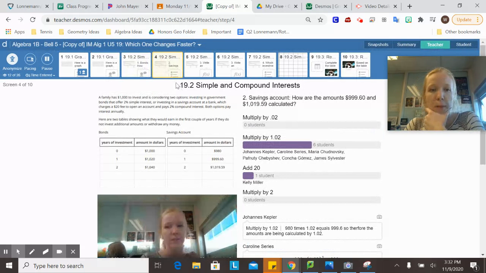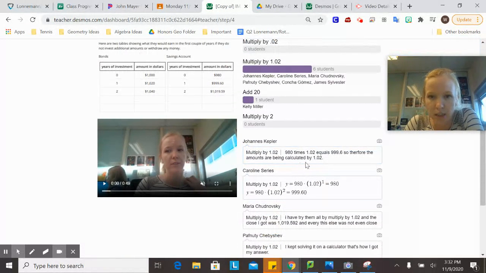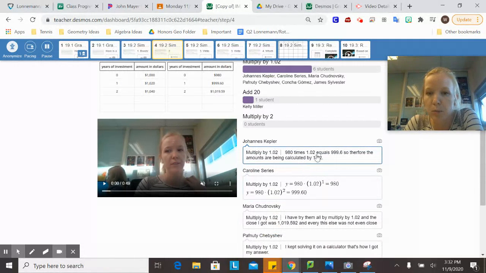Whereas when we're talking about 2% compound interest, the majority of us here chose multiply by 1.02, because this was multiple choice. So hopefully what we did was take 980 and do each of these four things to it. And we found that when we multiply by 1.02, we get 999.60, which this answer right here is saying perfectly. 980 times 1.02 equals